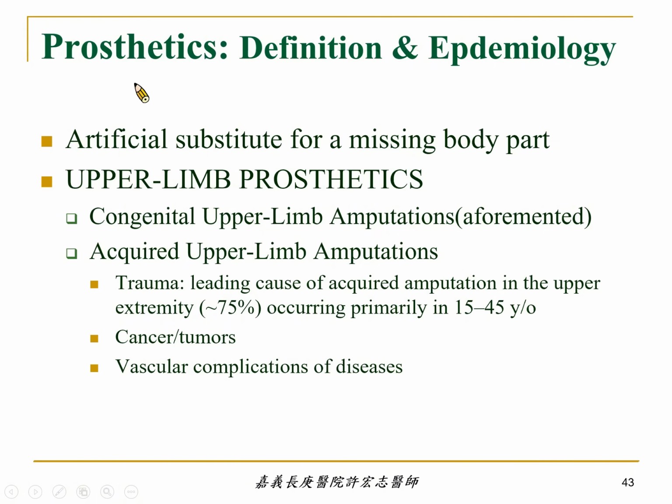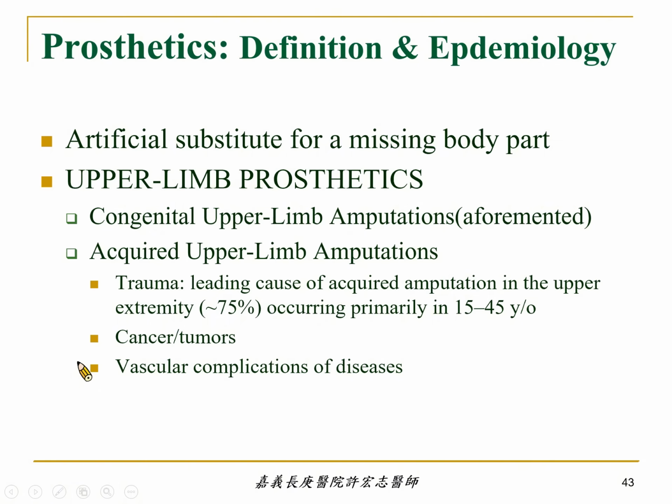We call that the prosthetics. As for the upper limb prosthetics, there are some reasons, like congenital, which we have discussed in the previous section. And the second one is the acquired upper limb amputations. As for the acquired amputations, like trauma, cancer, and vascular complications, they are all common causes of